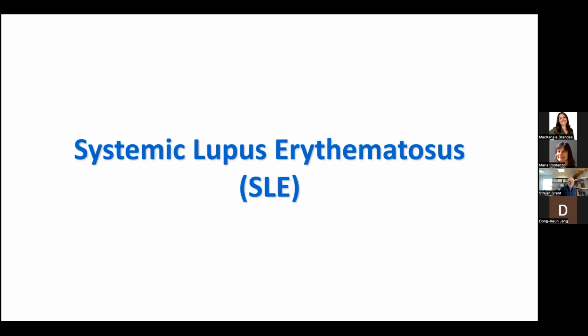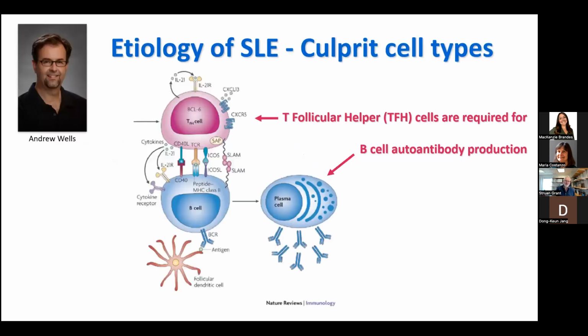The first disease that we applied this to was lupus. The reason for that was my close collaborator and fellow director of this operation, Andrew Wells, is an immunologist. When we were talking about lupus, he said, you realize there's a plentiful supply of T follicular helper cells at CHOP because of tonsillectomies. And so TFHs are one of the primary candidate cell types where lupus variants could be operating.